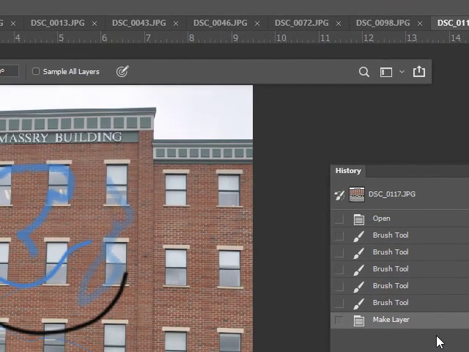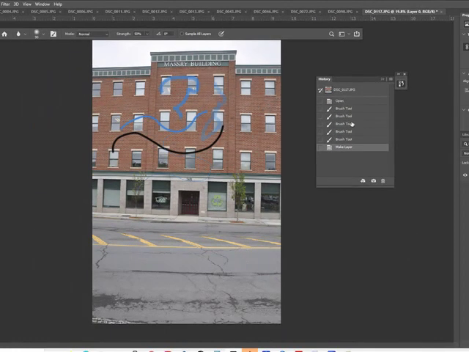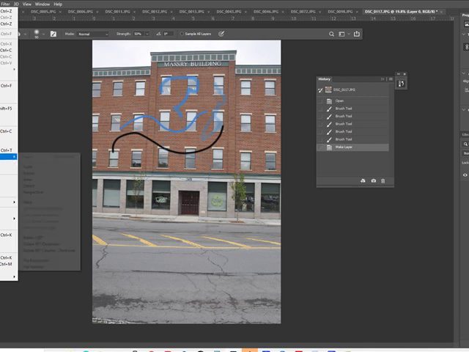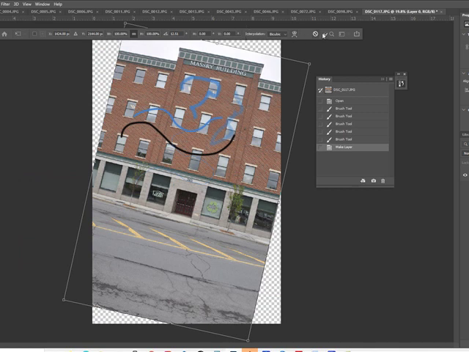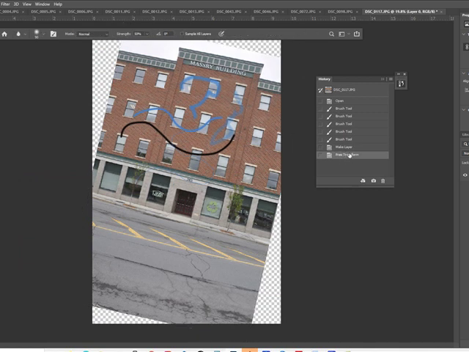Open it up. The history panel records the last, I'm not sure, 27 steps. You can actually change however many in your preferences, so it may be different. It records a whole bunch of the last steps that you made. So you can see it's recorded since the time I opened this image, and then I made those brush marks, and it recorded when I unlocked it. It's made into a layer. I'll do something else you can watch. I'll transform it. I'll rotate this layer,